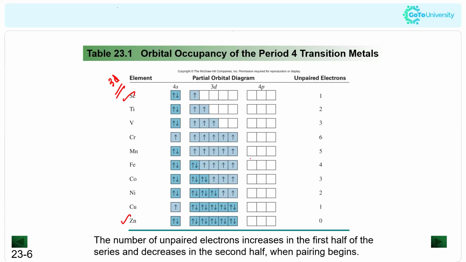When you use box notation, we have to remember Pauli's exclusion principle, Hund's rule, and the Aufbau principle. Hund's rule means the pairing of electrons will take place after each orbital gets singly occupied. That is the first rule. Second, the electrons are added in increasing order of their energy. Third, if two electrons are present in an orbital, they should have opposite spin. These are the rules. Now, another thing is the electronic configuration of chromium